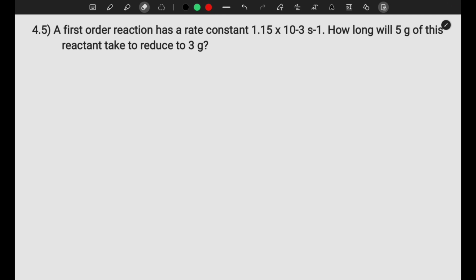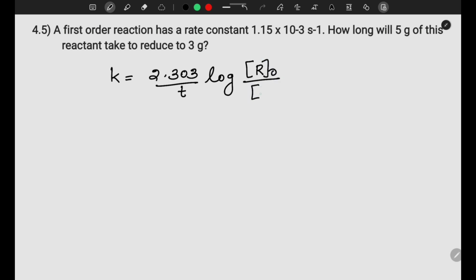Reaction has rate constant 1.15 into 10 raised to minus 3 second inverse. How long will 5 gram of this reactant take to reduce to 3 gram? So this is a first order reaction. So for a first order reaction, rate constant K is equal to 2.303 by T log initial concentration, that is R0, by final concentration, that is R. Now here we have to calculate the time. How long means we have to calculate the time. So T is equal to